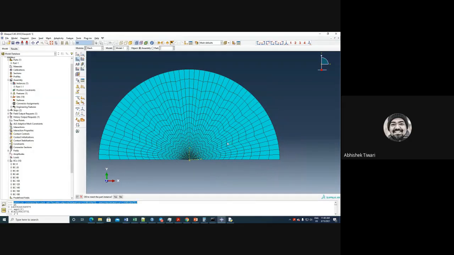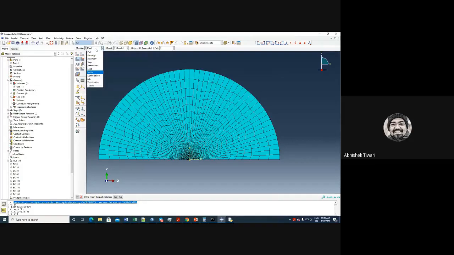So once you have meshed it, and now you want to apply the boundary condition at the vertex, right? So you want to apply at 20 degrees, you want to apply 40, 60, and so on. Okay.